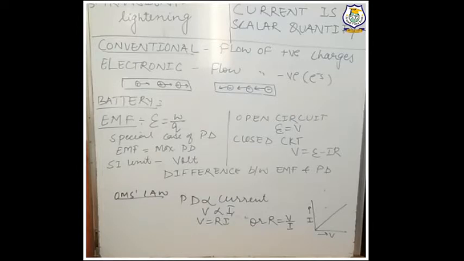Now what is potential difference? It is the amount of work done in taking unit charge from one point of a circuit to another. The next is, EMF is equal to the maximum potential difference between the two terminals of the source when the circuit is open. This is very important. And potential difference may exist between any two points of a closed circuit.